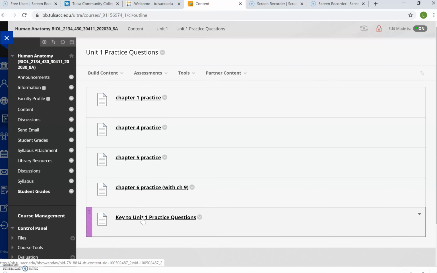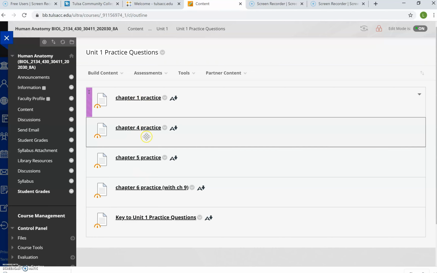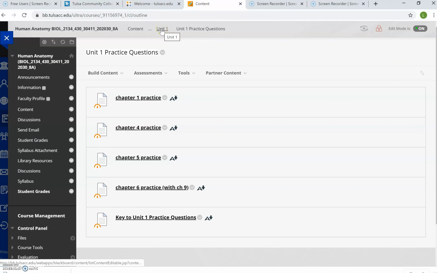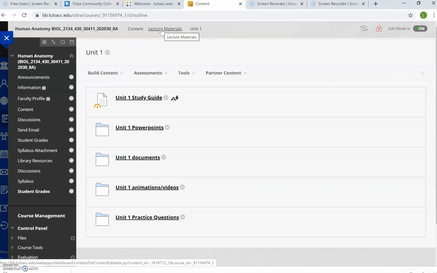I've provided questions for each chapter that are practice questions, but then I've also included a key to those. So I recommend doing those and working on those before you open your exam so that you have those to help prepare you for the exam. So once you've completed all of those items, you've listened to the PowerPoints, you've taken notes, you've printed out your documents, you've watched your animations, you've done your practice questions, and you've completed your study guide, then you'll be ready